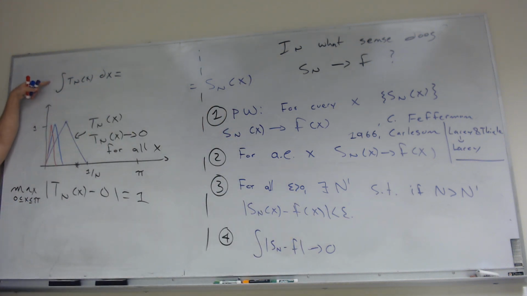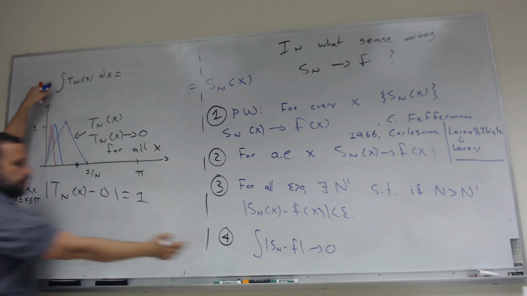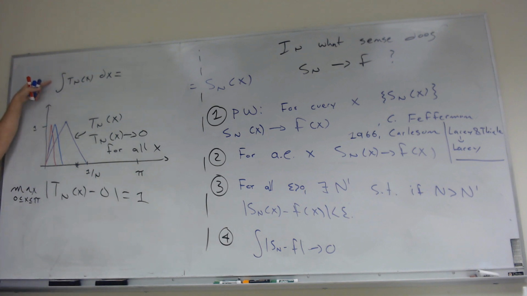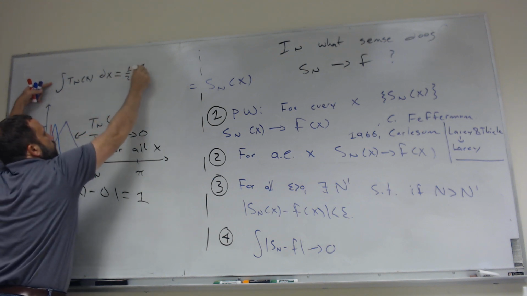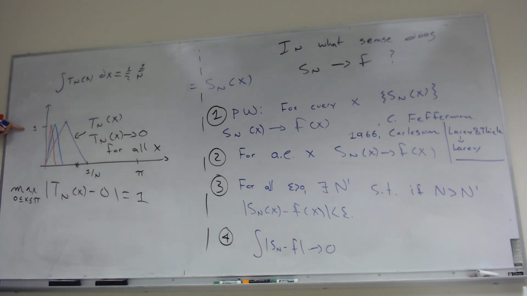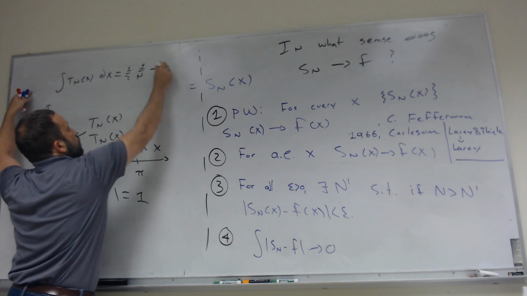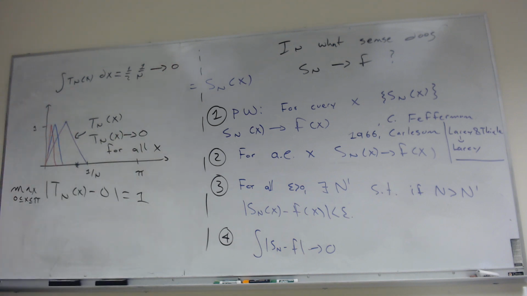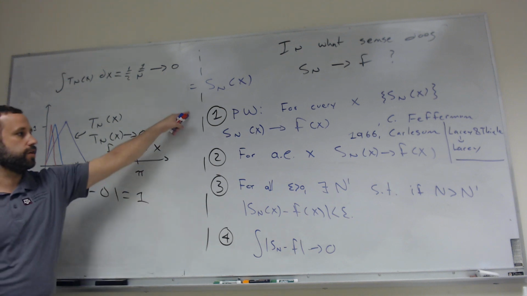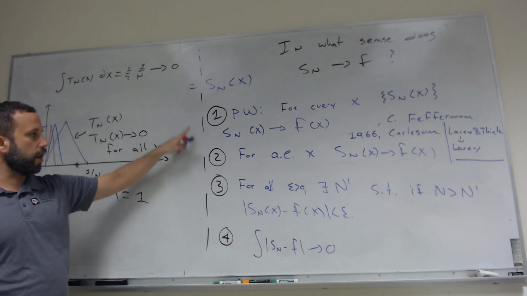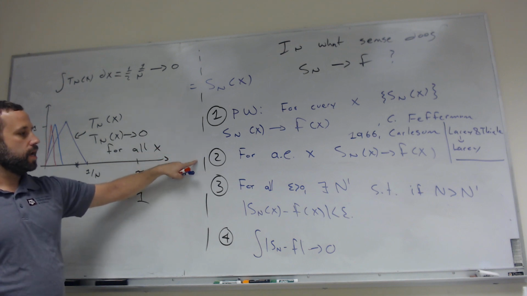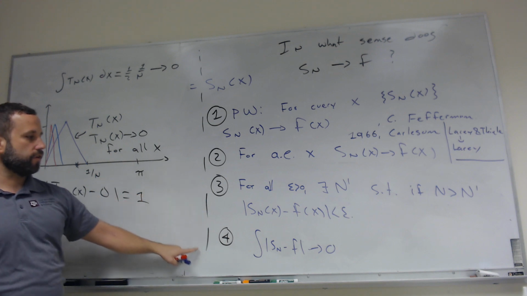Now this integral is easier for me to compute, and I'm lazy. So t n of x, I'll do an example with the 2 there in just a minute. So what is this integral going to be? It's just going to be the area of the triangle, which is 1/2 base times height. So 1/2, the base is 1 over n, and the height is 1. So this goes to 0. In other words, this sequence of functions converges pointwise to 0. It also converges almost everywhere, because if it converges pointwise everywhere, it converges pointwise almost everywhere. It does not converge uniformly, but it does converge in this integral sense.